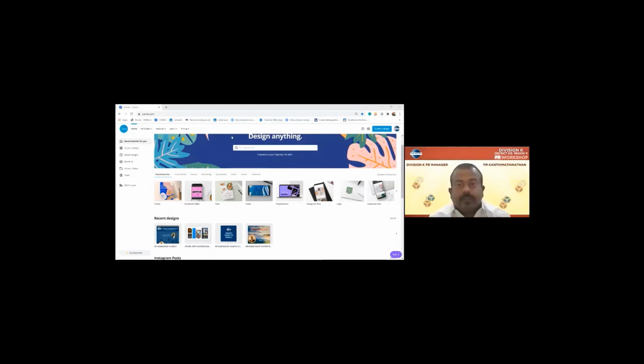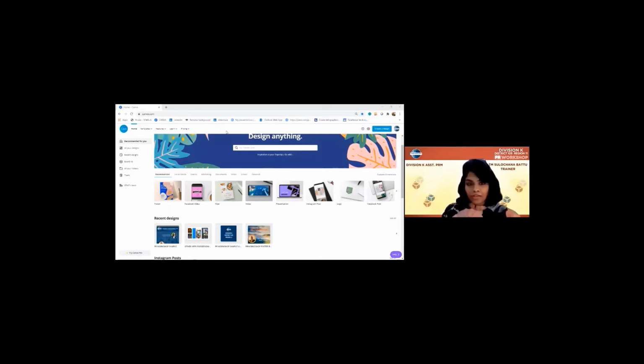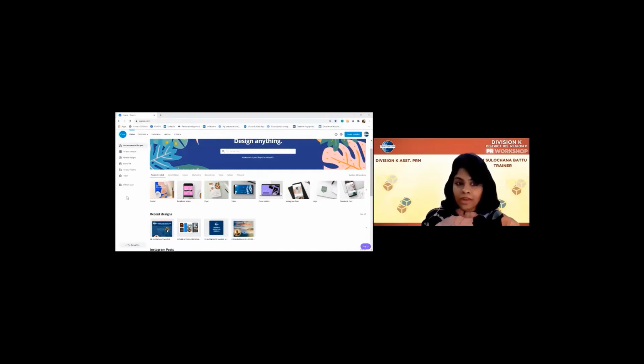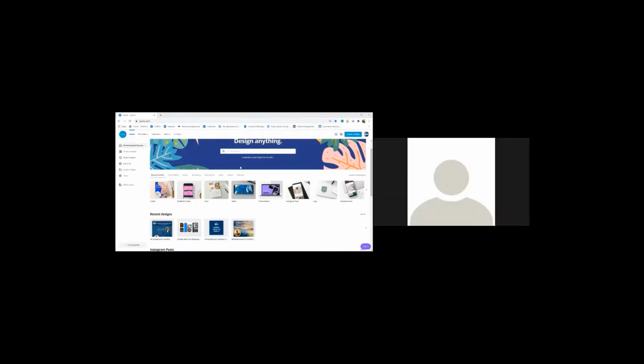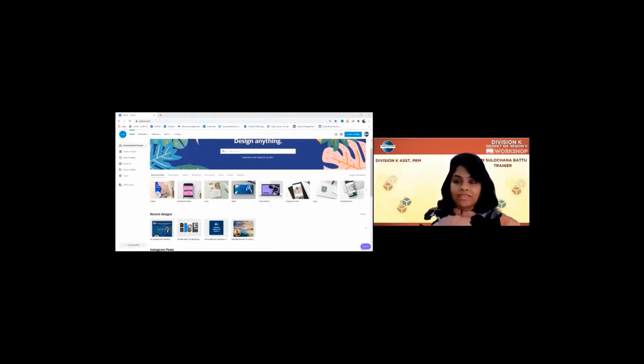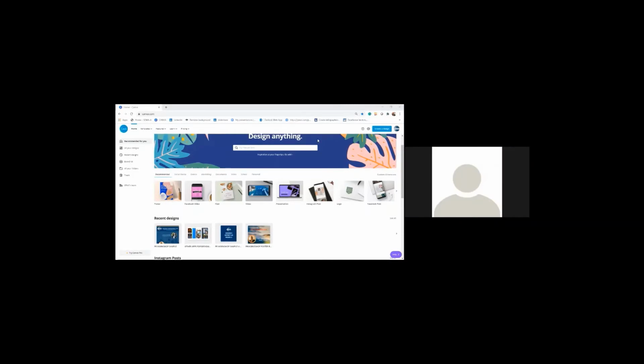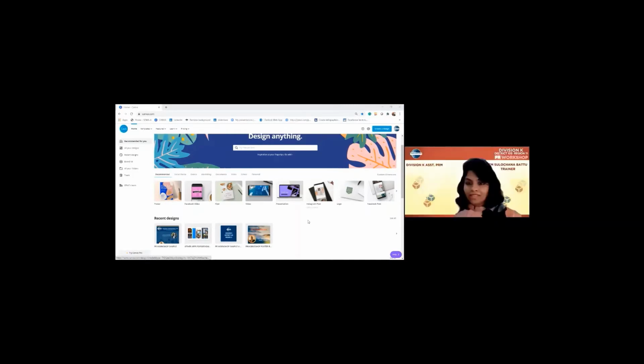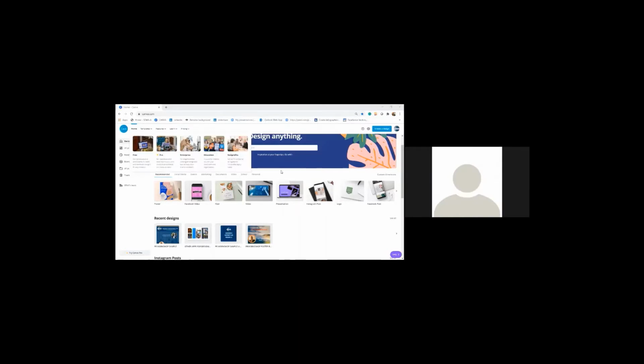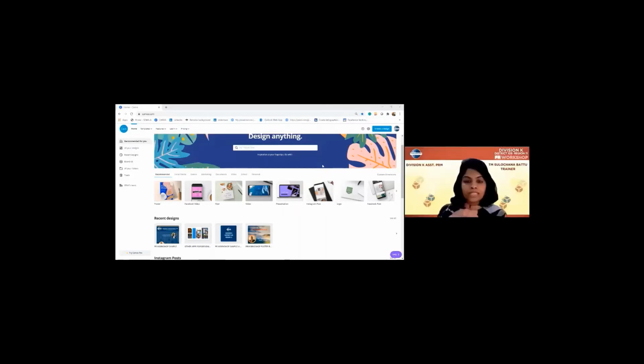Okay. So this is a very nice feature and I'm showing it in a free platform, not the paid one. So I'm going to go one by one with the features of Canva. If you feel I'm going fast, please say so in the chat. I think someone is speaking. Ask the Zoom master to mute everyone other than me. Thank you. So once we log on to the home page, this is the landing page.